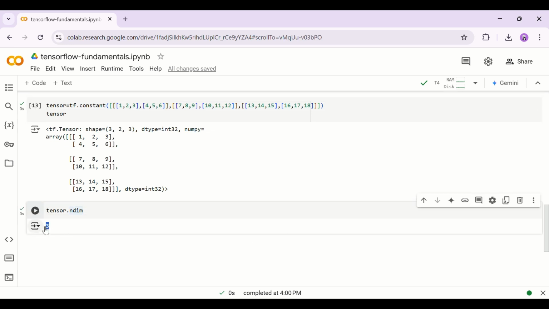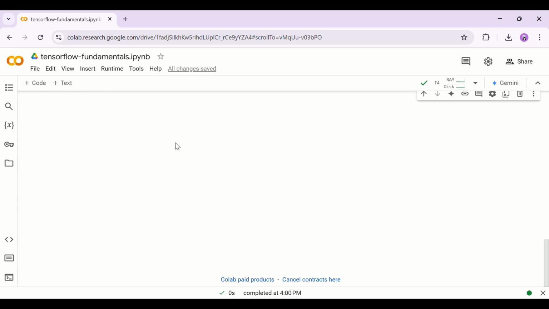Okay, so from these four kinds of tensors, you'd understand that a scalar is just a single number, a vector is a number with a direction, and a matrix is a two-dimensional array of numbers. Then comes our tensor, which is an n-dimensional array of numbers, where n can be any number. That's it for today's video, and in the next video we'd see how to create some random